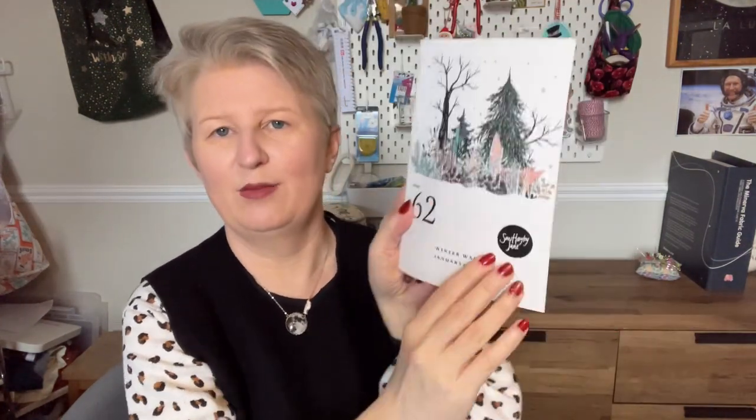Now the thing that I really love about the So Hayley Jane box is it comes with a little magazine, and I love to have a really good read of that. Oh, this box is packed. Jam-packed. It's difficult to open. So for those of you that are interested, this is issue 62. There you go. And the theme of this magazine, and indeed the box, oh, I've just had a glance of what's in the box,